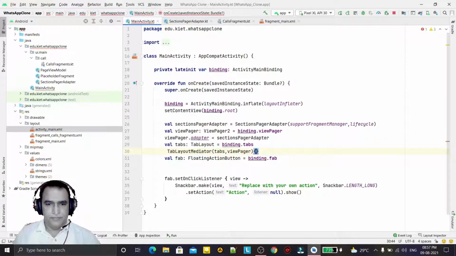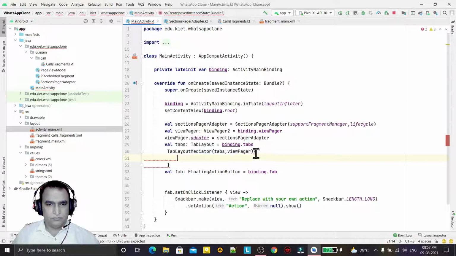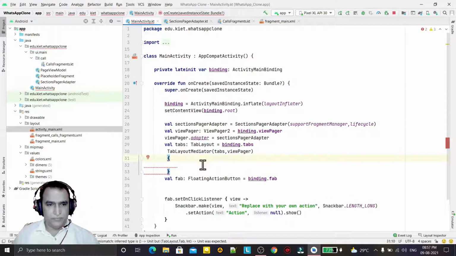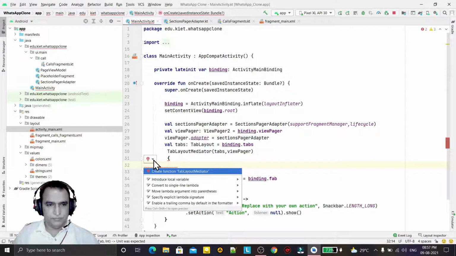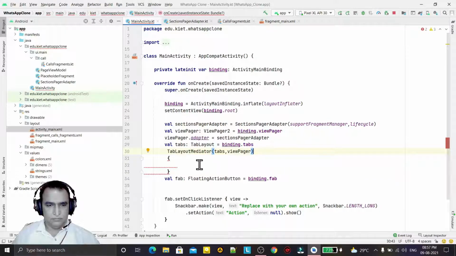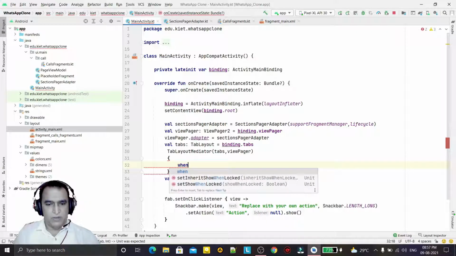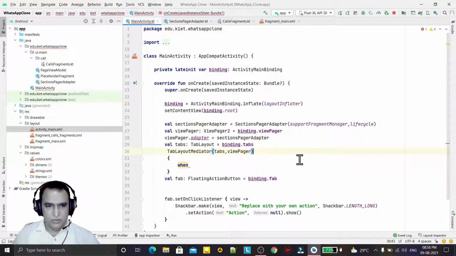Then we have to use a lambda, and here first of all I have to use the tab and position like this way.